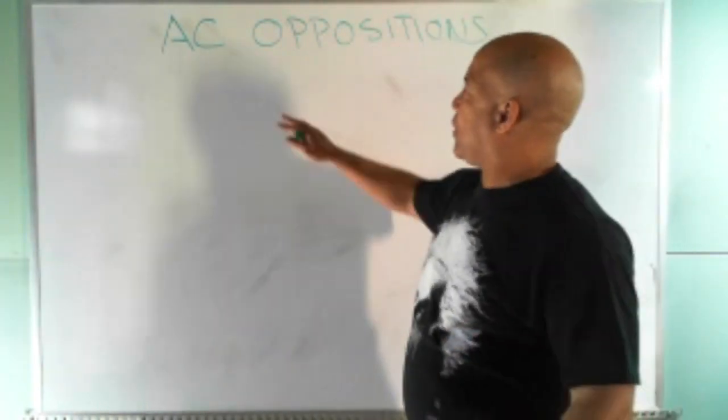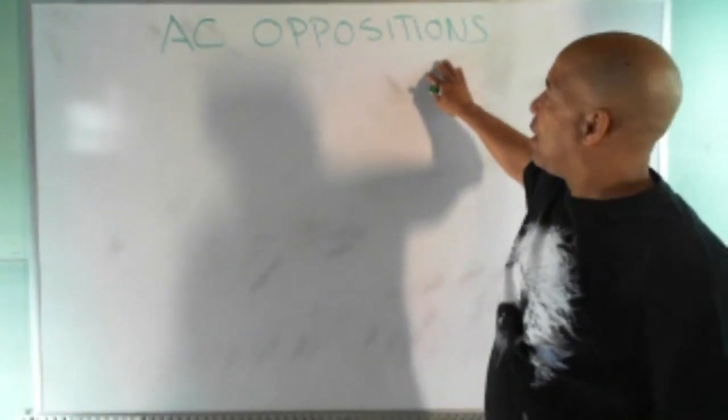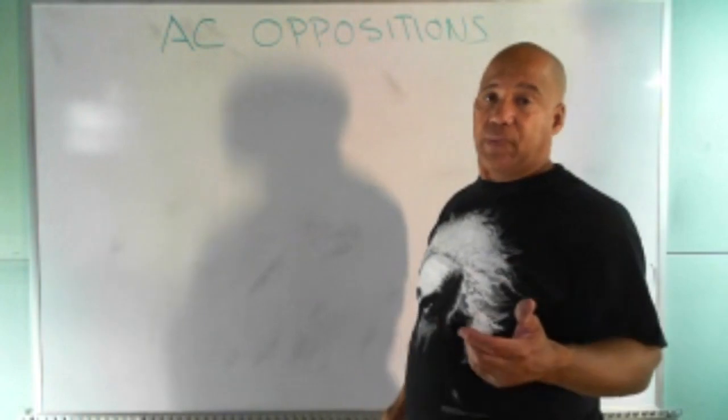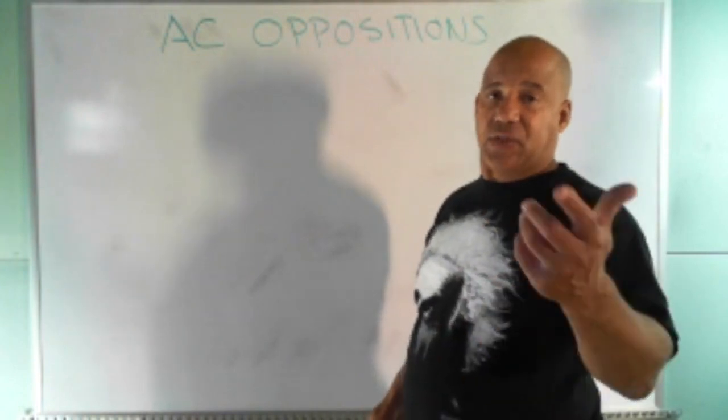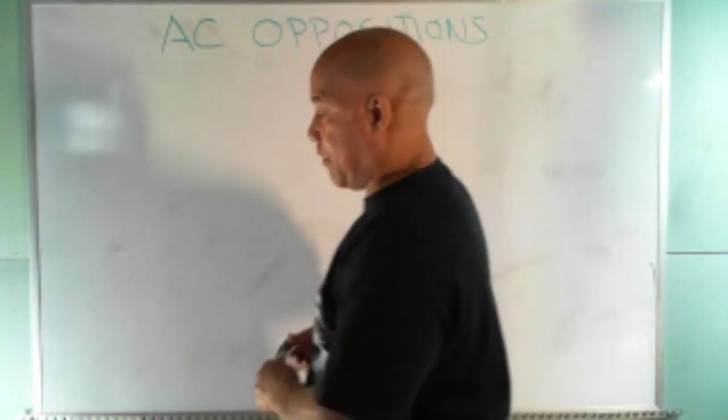And that's the question we're trying to answer. So in doing this, we're going to learn about all the AC oppositions. We'll talk about all the AC oppositions. So we're going to start with the very first one, resistance. That's the one you know about. What is resistance? Well, you might remember from DC